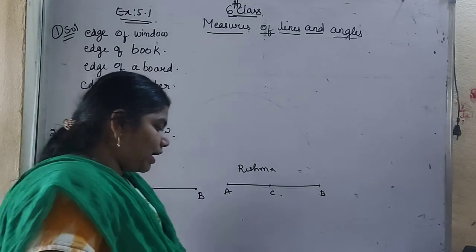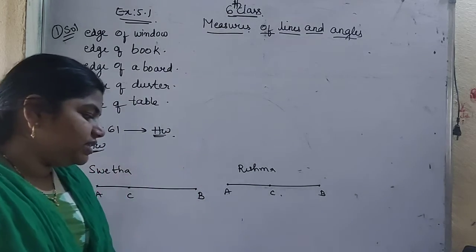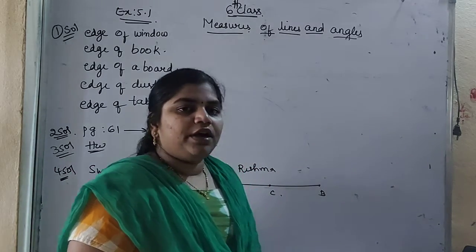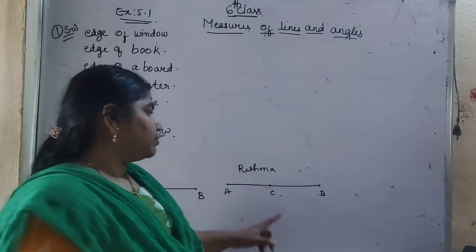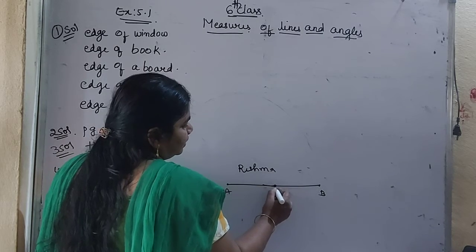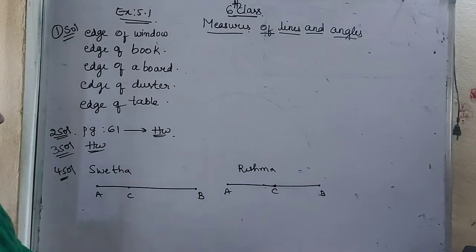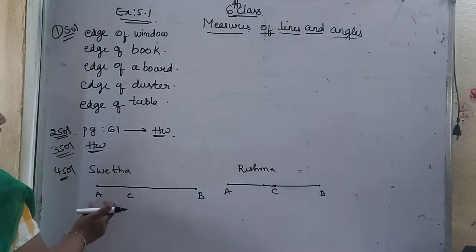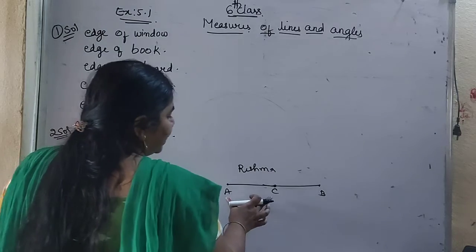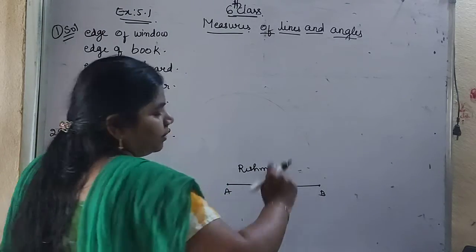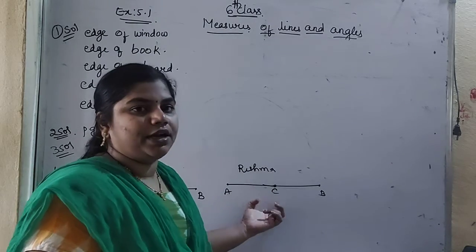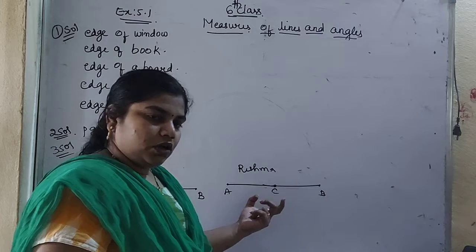So which one is correct? Measure the length of AC and CB and verify, they are asking. So which one is correct here? Reshma's is correct because she has marked the middle point. So somewhere here she has marked this is a middle point of AB, and this is not the midmost point because the length of AC is less than the length of CB, and here the length of AC is equal to the length of BC. So which is the midmost point? Here C, Reshma has located correctly.